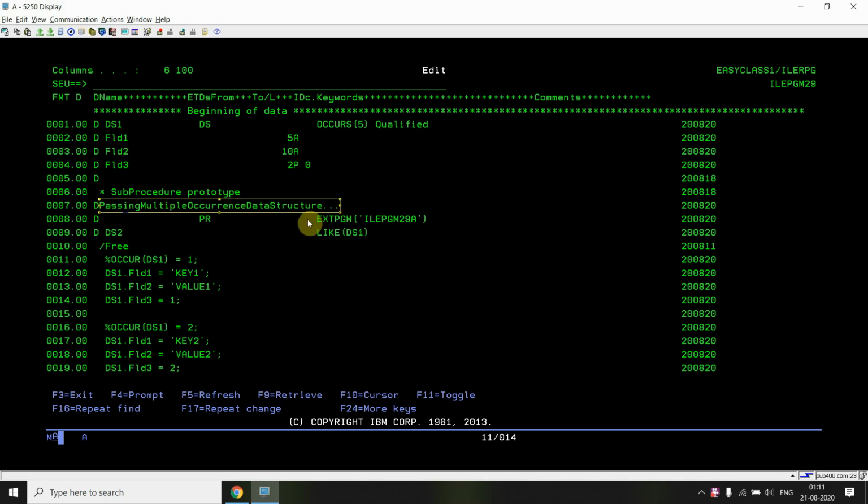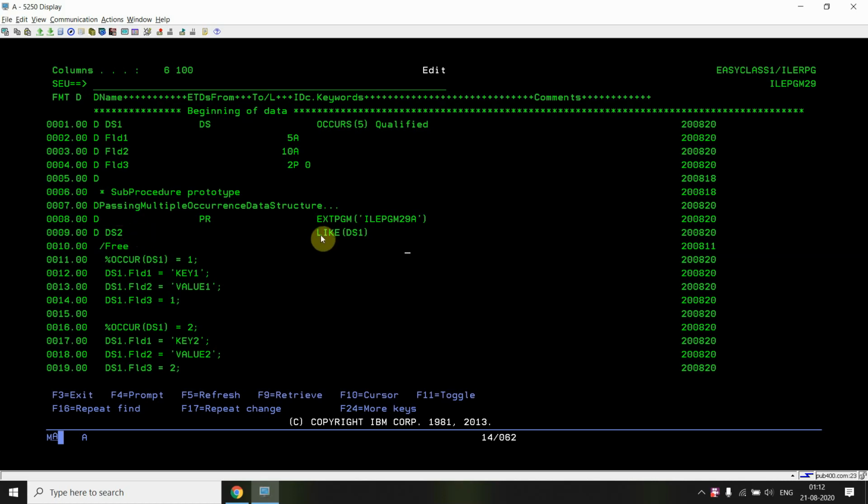It is passing a multiple occurrence data structure, and you can see it is accepting one parameter. This is just for compiler use and documentation purposes. This does not mean that I defined DS2. DS2 is nothing in this program, only DS1 exists. This is not a definition, this is just for documentation.